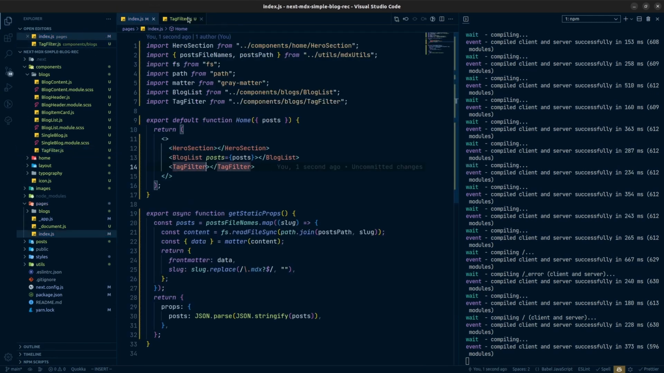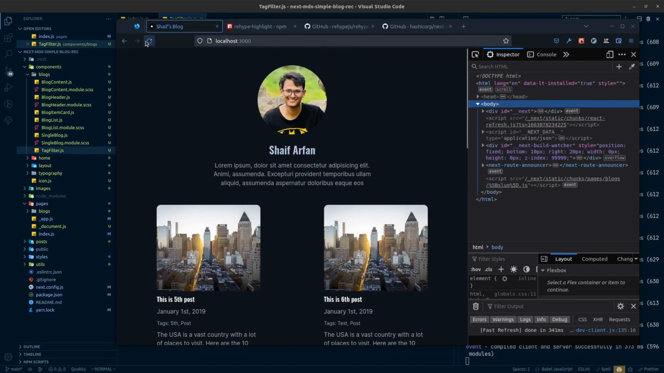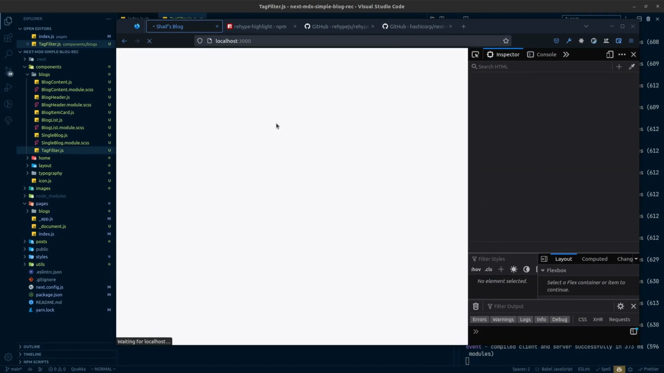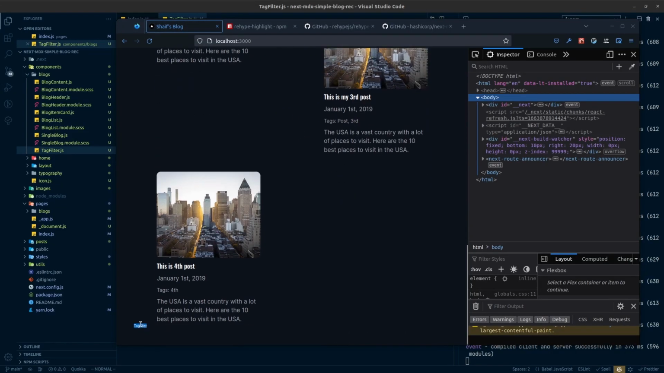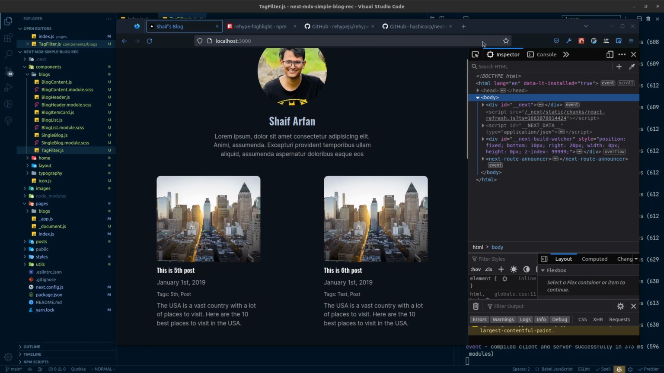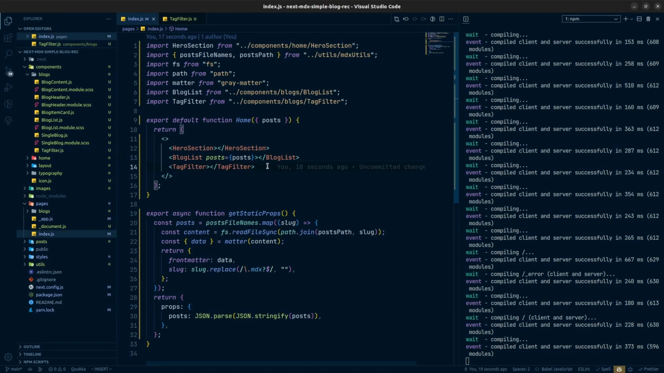Now it is having the tag filter, and if I come here in our website, I should see where it is. Okay, it is in the end, but it should be after the hero section. So let's actually change the position of it. So it will be after the hero section, we will have the tag list, and here for the tag list